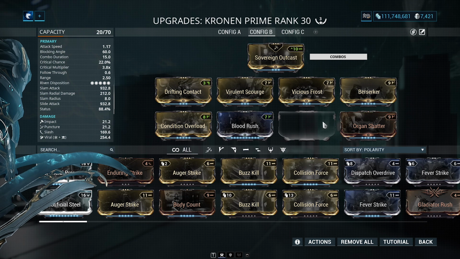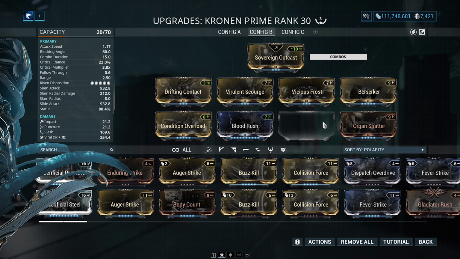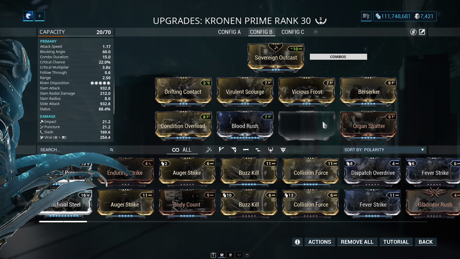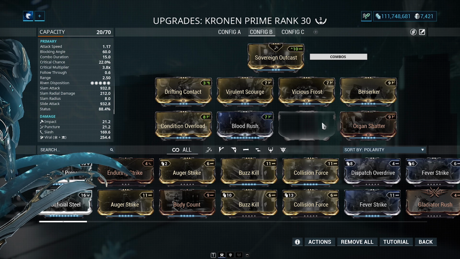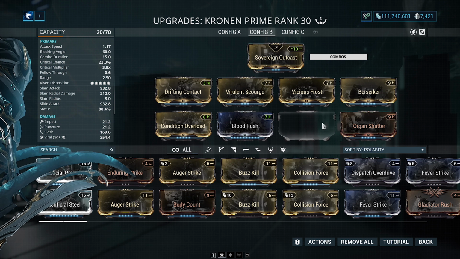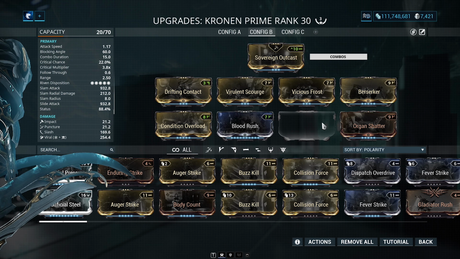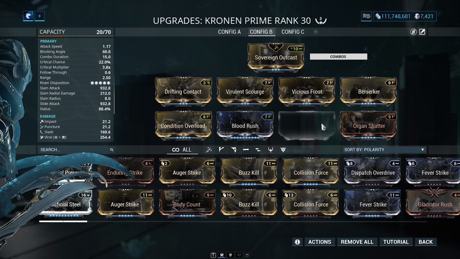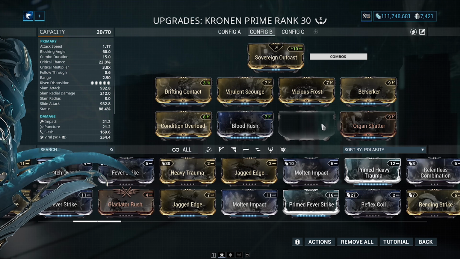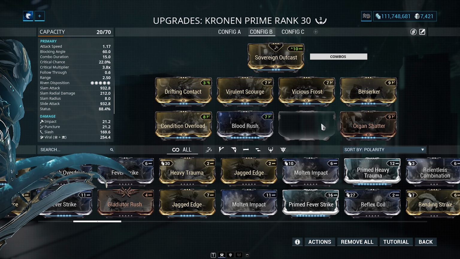Now, this last slot right here is completely empty. The reason I have this empty is because this is your flex slot where you can pretty much run whatever you want. You can throw on another elemental damage mod if you really wanted to. You could throw on a Prime Smite mod. You could throw on Weeping Wounds. It's totally down to you. The most popular option probably will be Weeping Wounds,